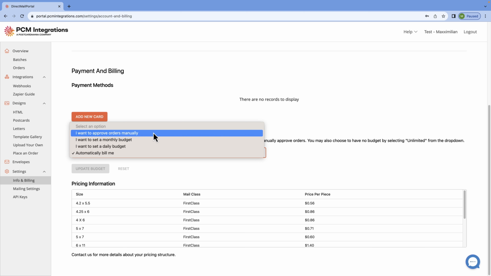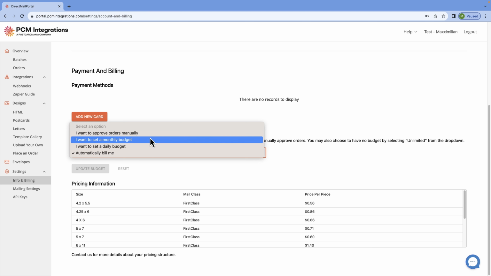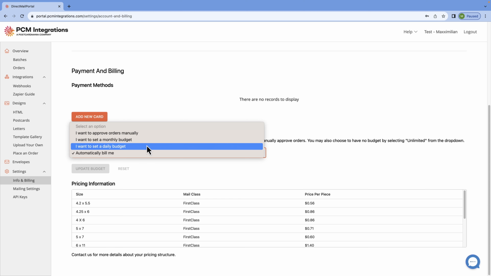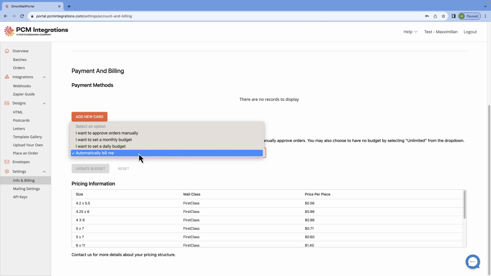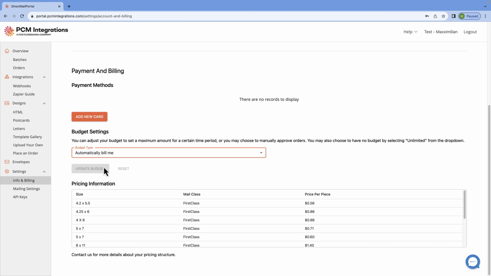The next option would be to set a monthly budget. This would mean that all your orders would be approved up to that monthly budget cap. Of course, after that, your orders would get held up. Then we have the same, but with a daily budget. And then this brings us to our most popular option, Automatically Bill Me, which ensures that all your orders are seamlessly fulfilled by Postcard Mania and that your card is billed automatically. And so I'm going to select that